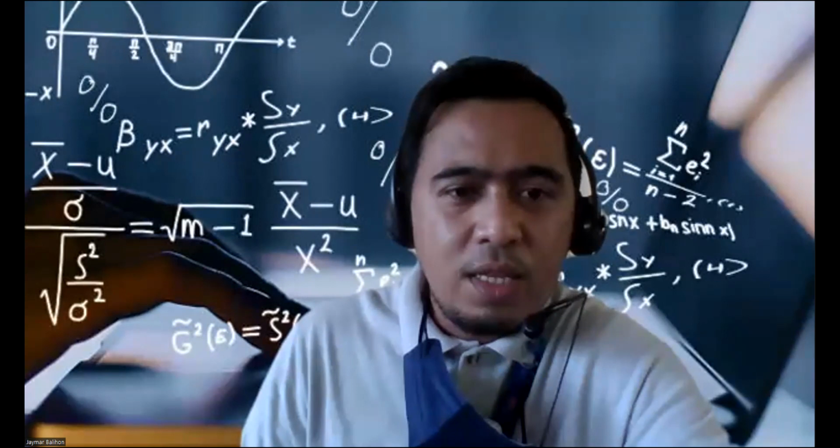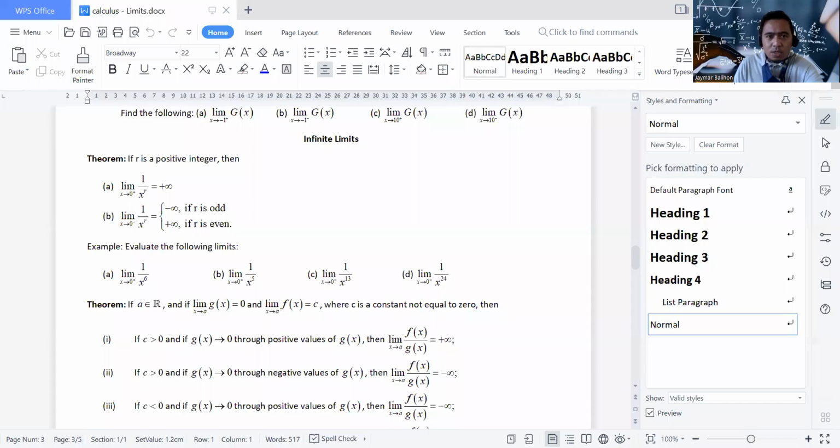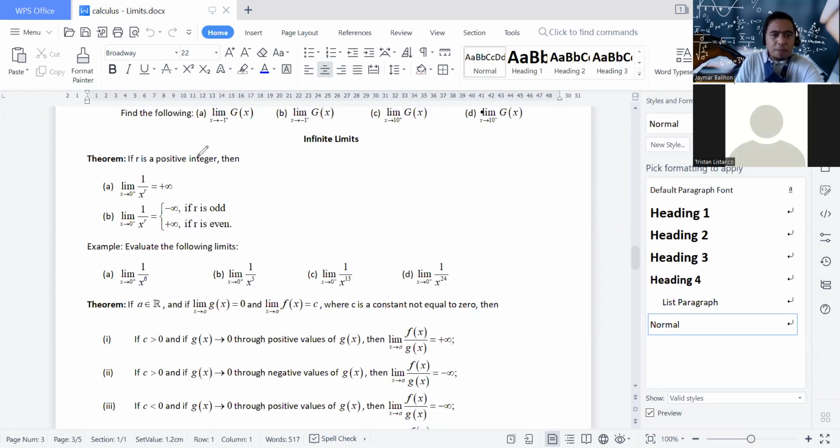Okay, we're now ready to discuss the next topic, which is all about infinite limits. So let us start with the theorem. The theorem states that if r is a positive integer, can you see my screen, class? Everyone? Yes, sir. Good. If r is a positive integer, then the limit of 1 over x to the r,